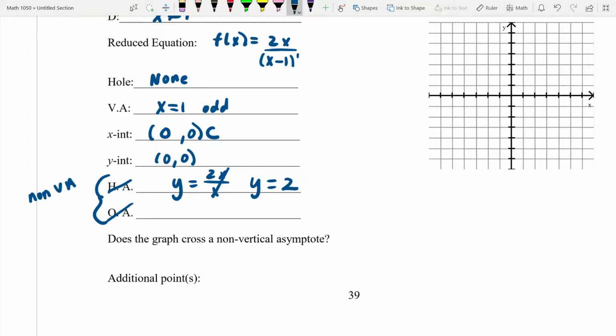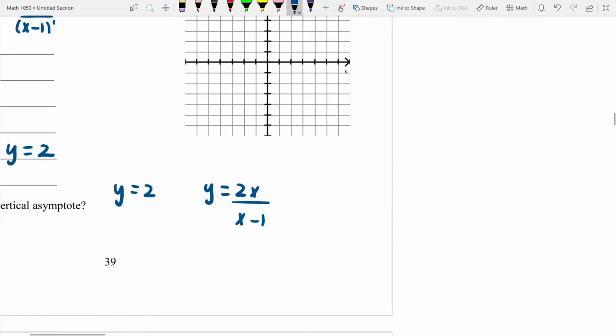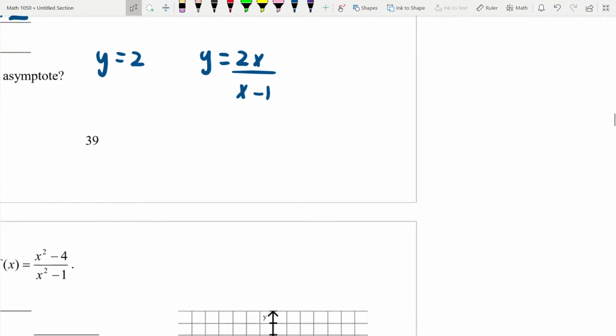Does it cross a non-vertical asymptote? This is something new, okay? Take the non-vertical asymptote, which is y equals 2. Write that down. Take the reduced equation and write that down: 2x over x minus 1. Listen to what they're asking you. Do those two graphs touch? That's what they're saying. Well, I could graph them and see if they touch, but I can just